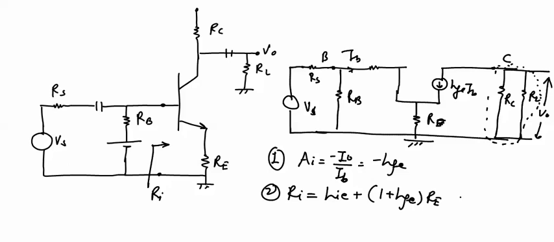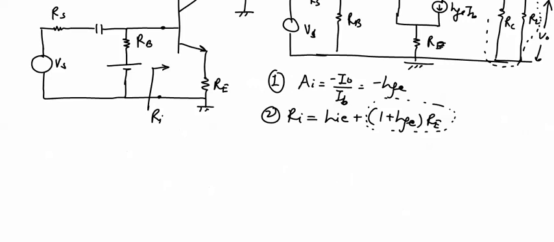According to this formula, this term is added in HIE to calculate the input impedance. So we can say that with unbypassed RE, input resistance of common emitter amplifier increases. Now we have third term